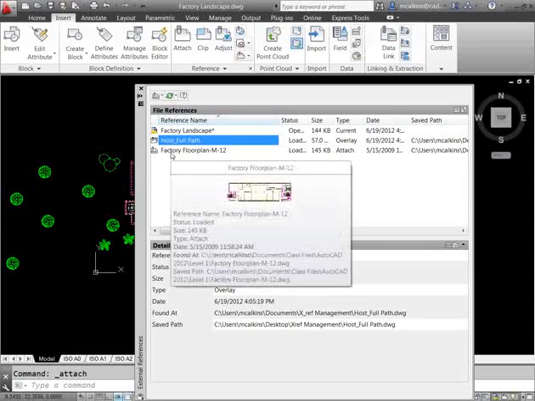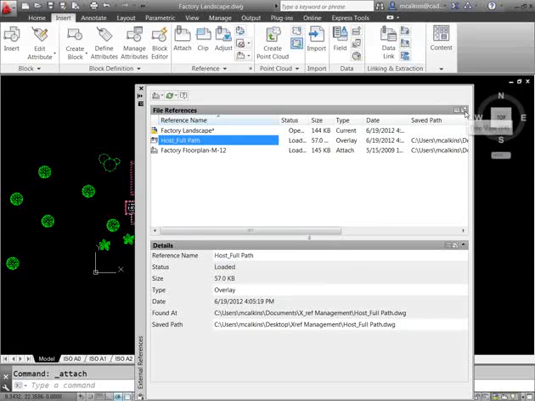Another file, factory floor plan, XREF'd into it as an attachment. So we'll take a look at a little bit how we might be able to change that situation if necessary. And I'll also show you a little tool we have called the tree view in order to figure out how things are set up. But within here, when you select any of your XREFs, and now in the newer versions